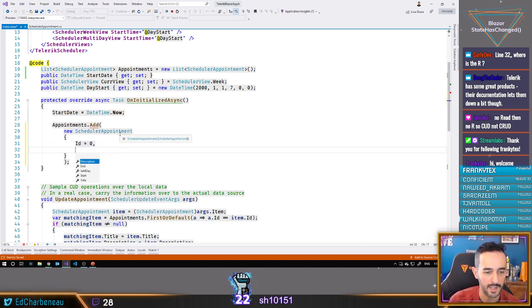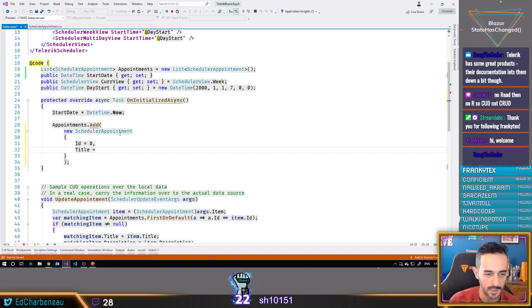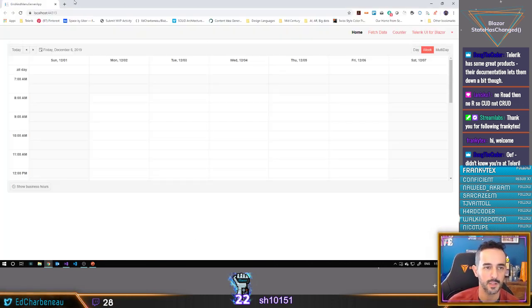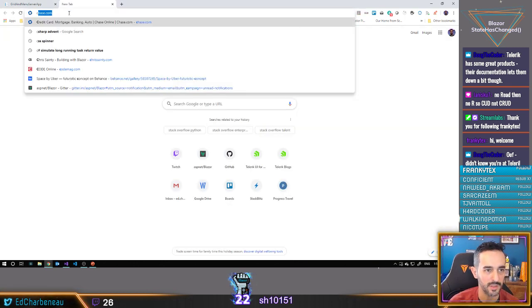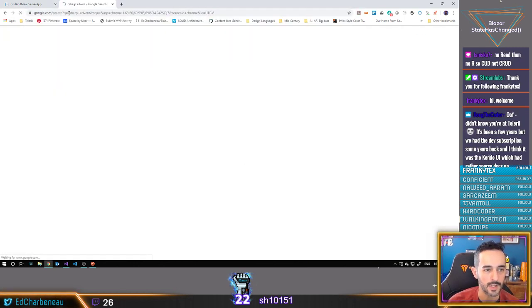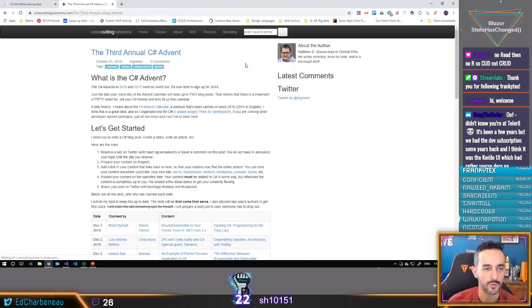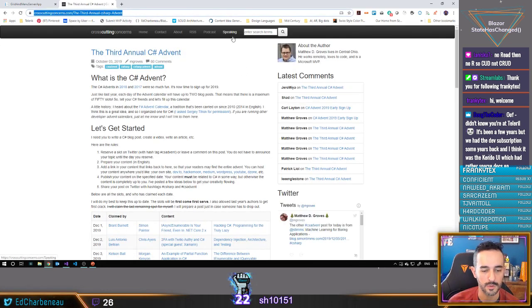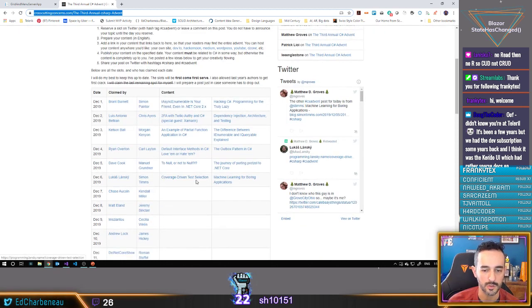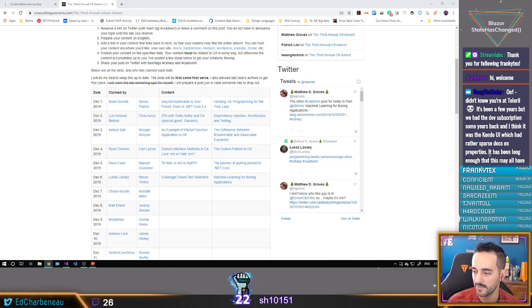It should also have a title. Let's say there's a really cool thing going on right now called the C# Advent Calendar, and we'll pretend that we're working on that as our example here. So let's say we wanted to create a schedule that shows a list of articles or something like that. If you're looking for the C# Advent Calendar,